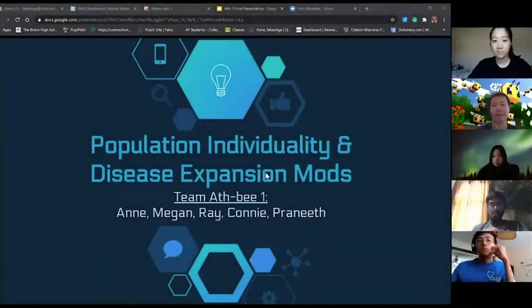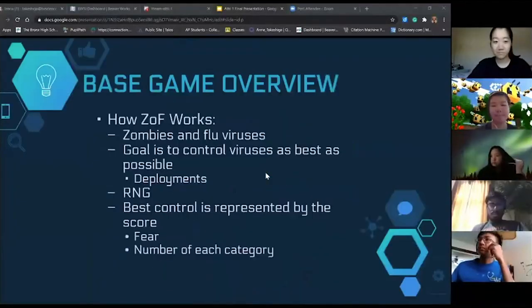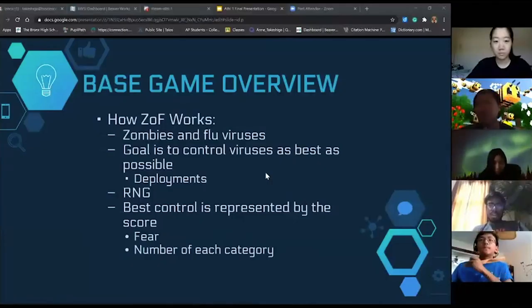We also have Ray, Connie, Praneeth, and Megan. So we'll first start with a base game overview of how Zombies or Flu works. So the idea is there is a city that is divided into 9 areas in a 3x3 grid that represents